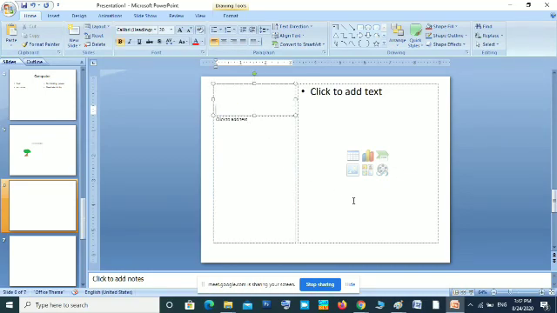Click the title. Here I am writing Table of contents. 1. Computer basics. And 2. Software. This way you can enter the text.